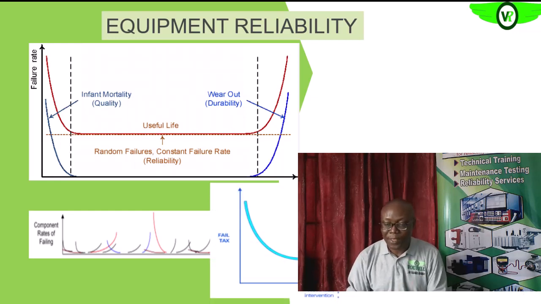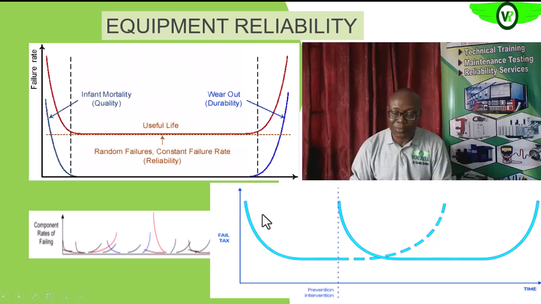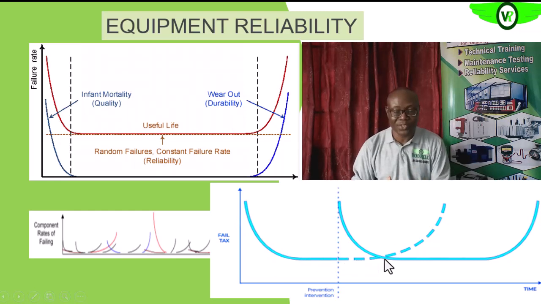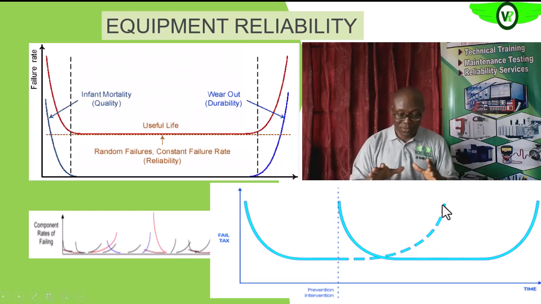that is later. Okay, so now this bathtub curve is what we have here. Remember, this is the infant stage through the normal operations, then through the wear out stage. Like we said, we want to catch these components or equipment when they are entering this wear out stage. So you see,